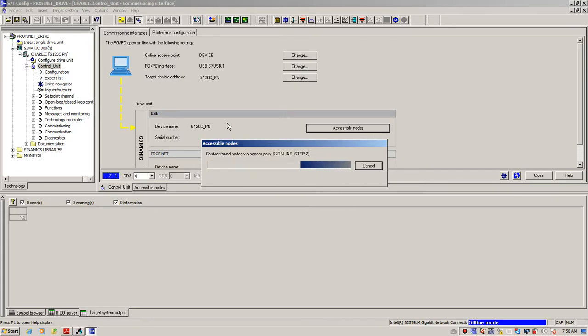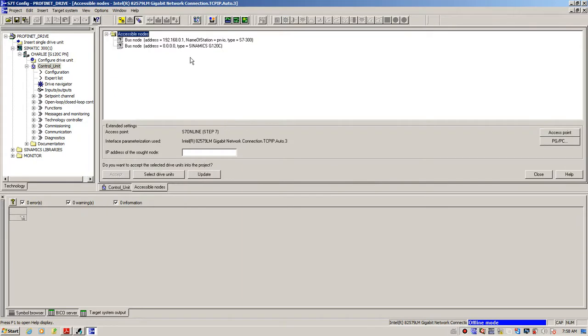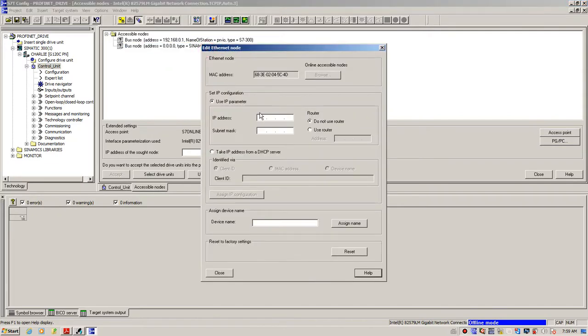It will take time to scan. Okay, see, now it sees one Sinamics G120C. You can change it by right click, edit Ethernet nodes. You can assign the address